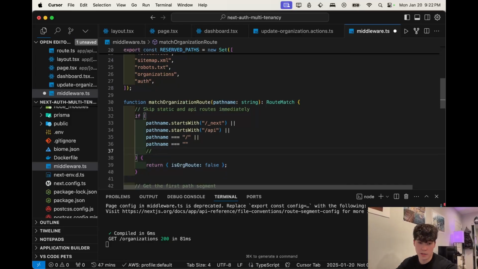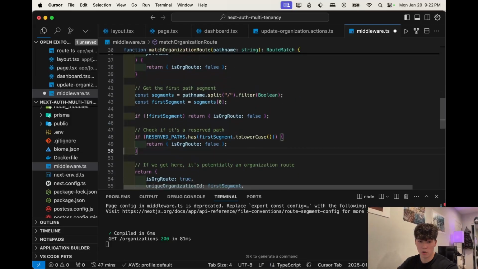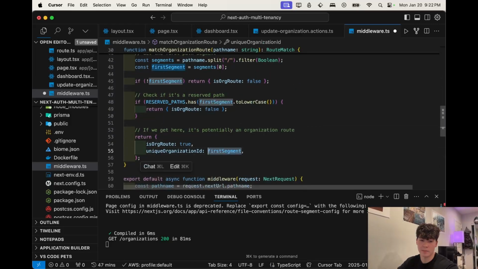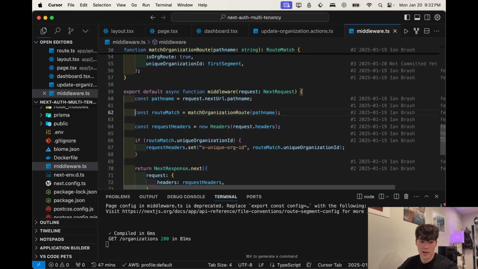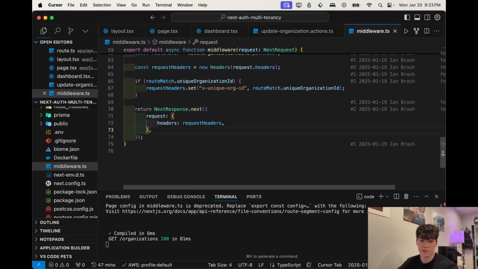But if the root is something like Acme 1 and then dashboard, it'll match this. So it'll figure out that Acme 1 is the unique ID, and then we'll return this is org route true, and then the first segment right here, which is going to be Acme 1 or something like that. So we match that, and then we append that to the headers if it exists, and then we can forward